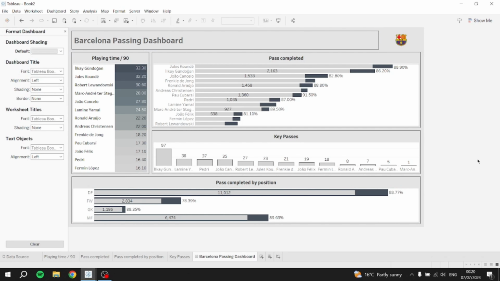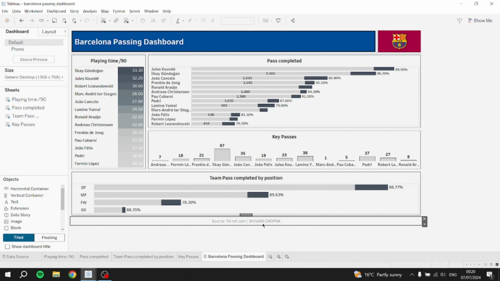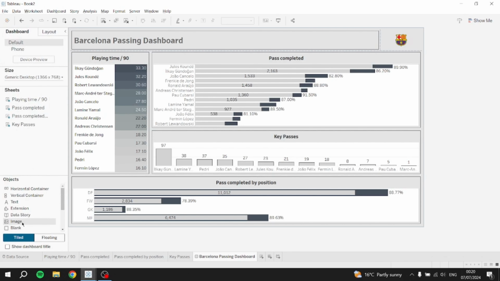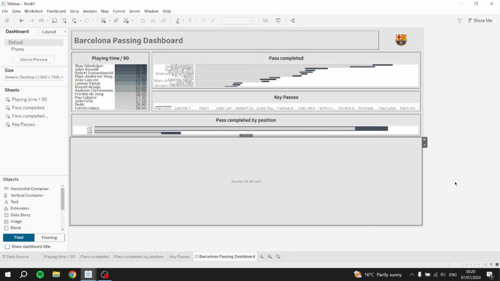And lastly, what I also like to do is add a caption at the bottom here. So we're just gonna create, again, a blank text file at the very bottom. You can write source, since we got this data from fbref.com. Just gonna go ahead and mention that again. I want this in the middle, 8. Okay,